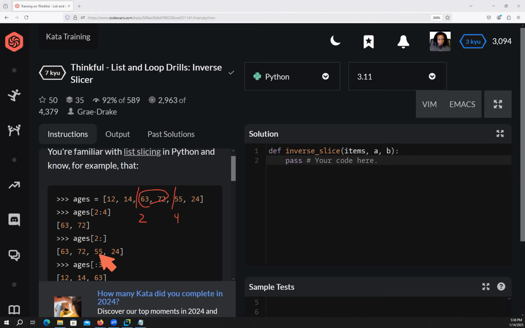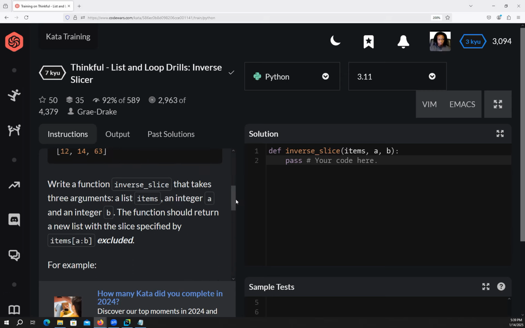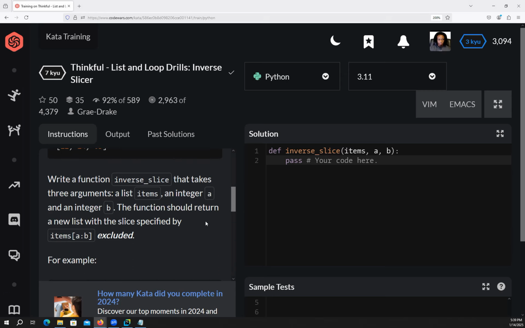A slice specifies a beginning and an ending index, and it gives you the sub-range, returns a list. So this one, let me clear this out, it is about getting